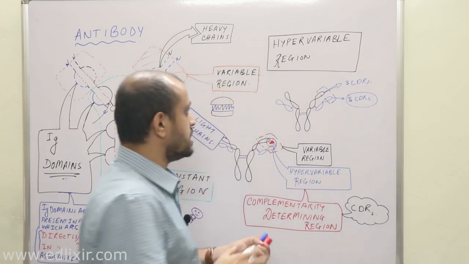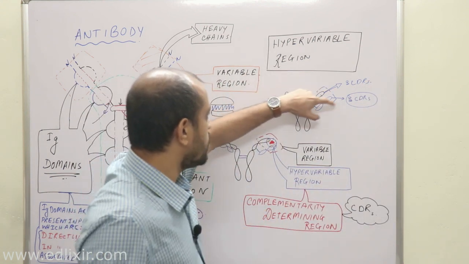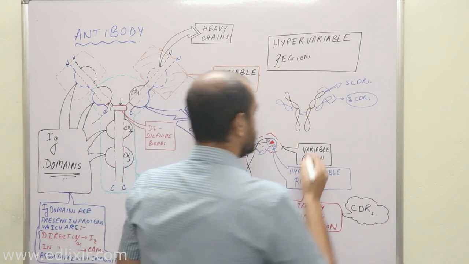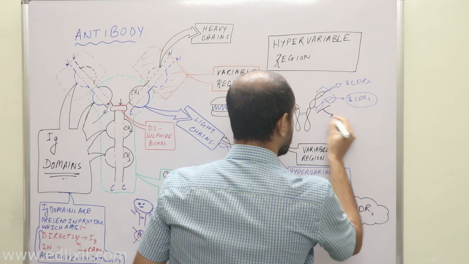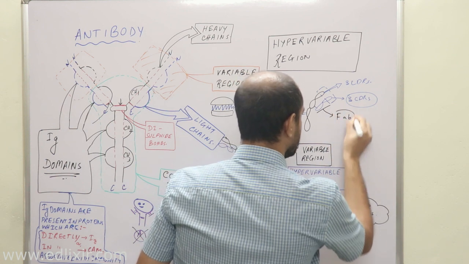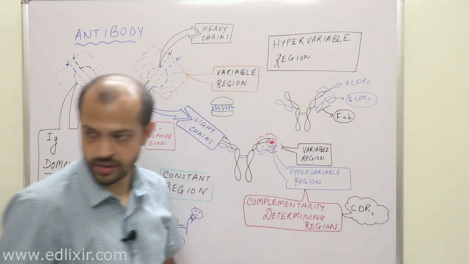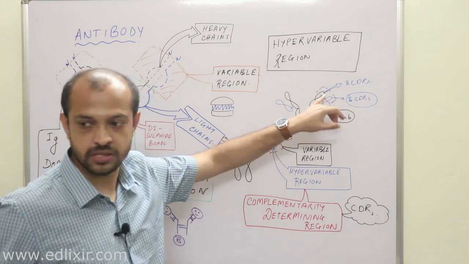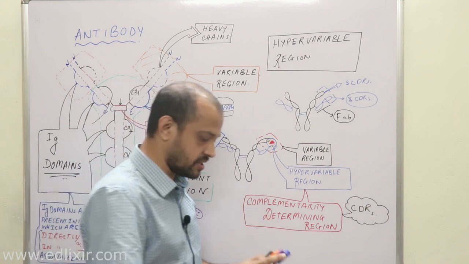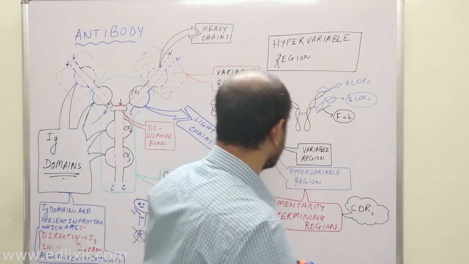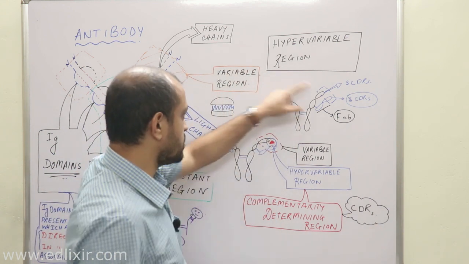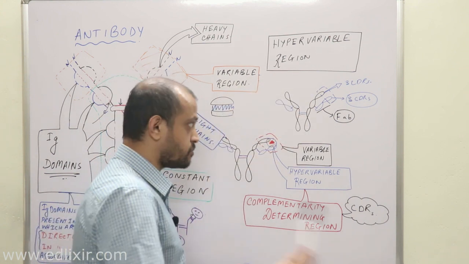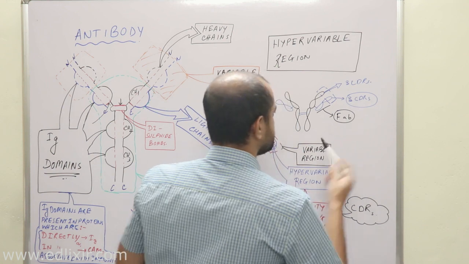That means in one of these portions, this is called Fab. We'll talk about that later in this lecture. This is called the Fab portion. Don't just call it Fab, it is fragment antigen binder. But this particular portion alone cannot bind with antigen. I will talk about that later, when we discuss the structural differences when we treat this protein or antibody with different types of digestive enzymes, all proteases.